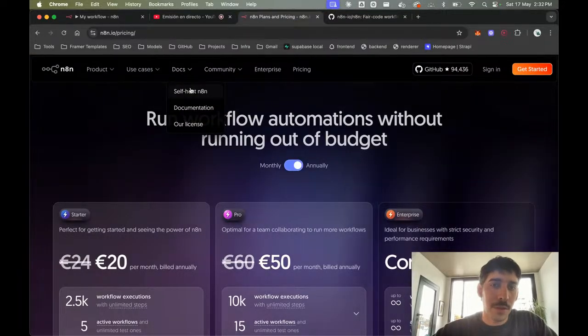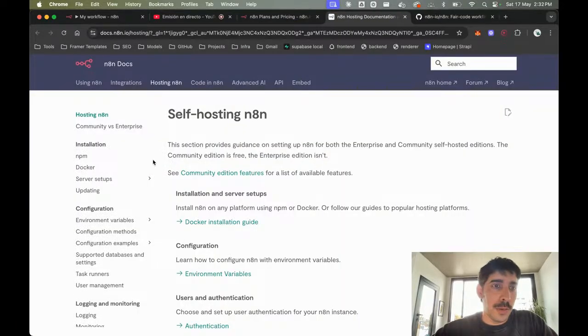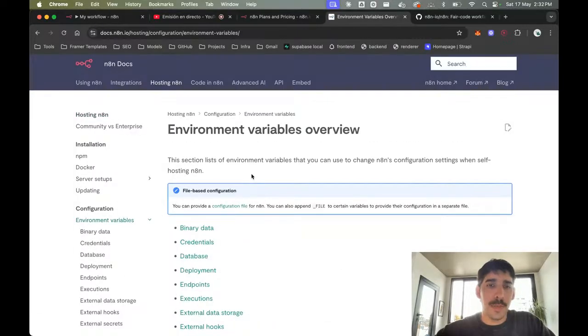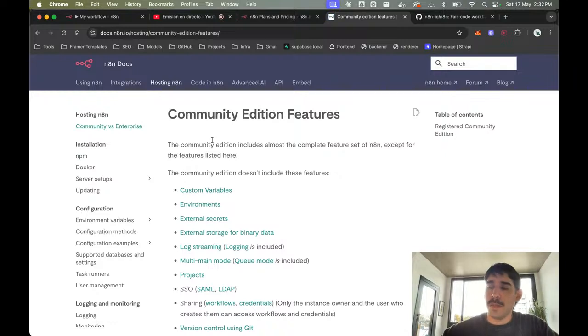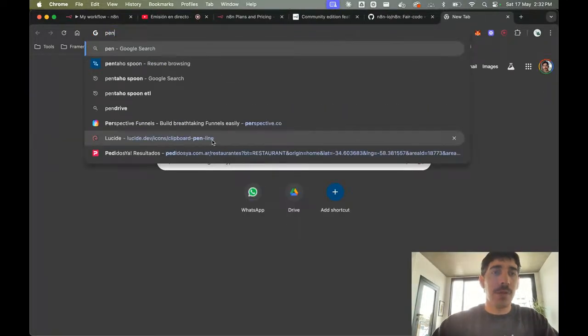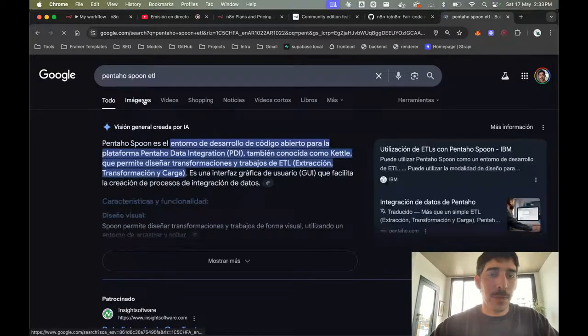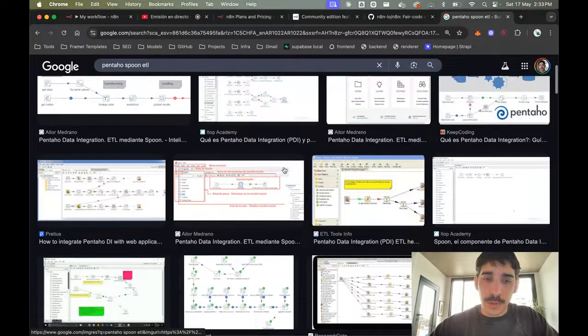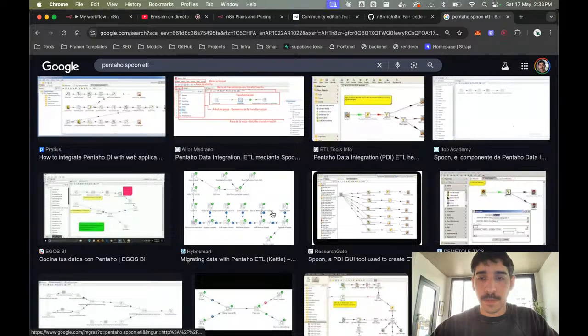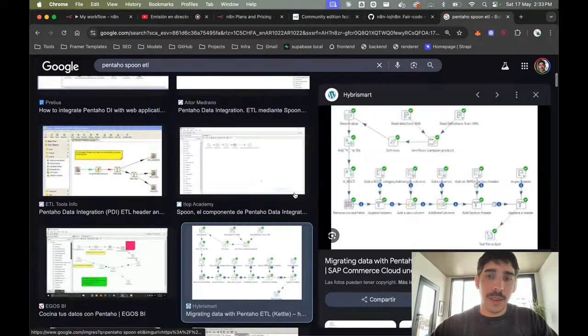I think it's in the docs. I have worked with software like this in the past, but it was actually in another space. That software was called Pentaho or Spoon. It looks similar, but it's more specialized for data transformation.